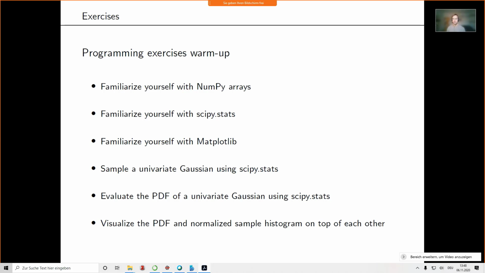And for that, what you should be familiar with are NumPy arrays. You can work with pandas, but it's just annoying and way too much overhead. So try to program a little bit more C++ level, or let's say MATLAB style. So use NumPy arrays for everything. For all the random aspects, like sampling random variables, plotting probability density functions, probability mass functions, and so on, use SciPy Stats. It has a lot of things.